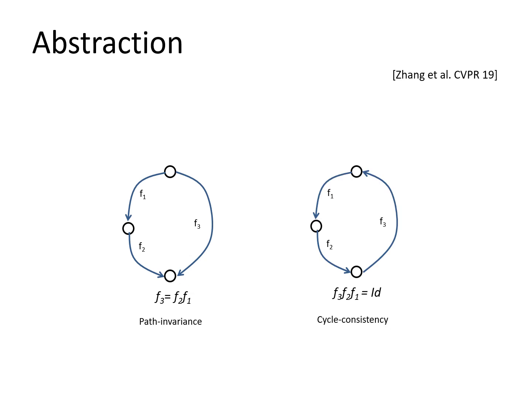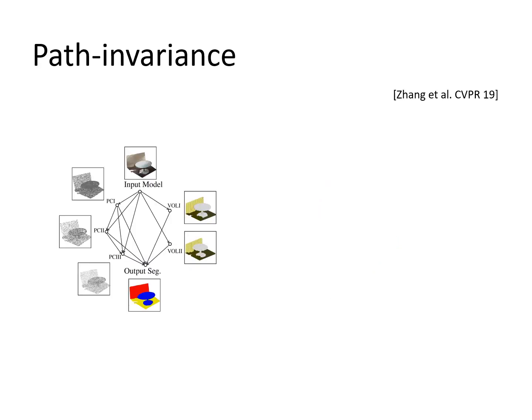And I want to argue that this is somehow different from cycle consistency in terms of the constraints, right? The cycle consistency consists of cycles. In other words, the composition of the neural networks on a cycle should be identity. Okay, but for the graph on the left, we don't have cycles, so they are not identical to each other. Okay, so of course, similar to the cycle consistency constraint, if we enforce the path-invariance constraint, first of all,